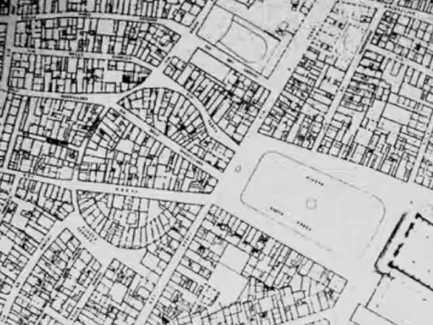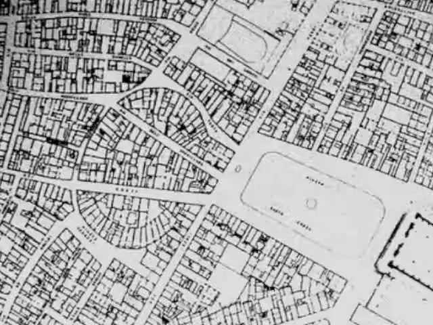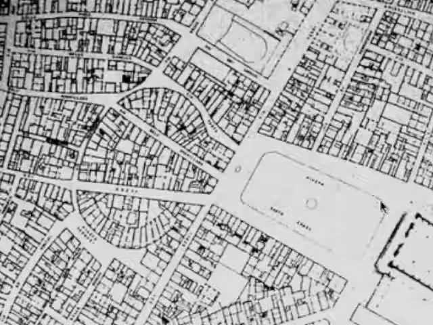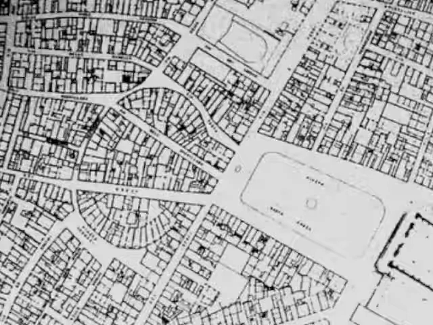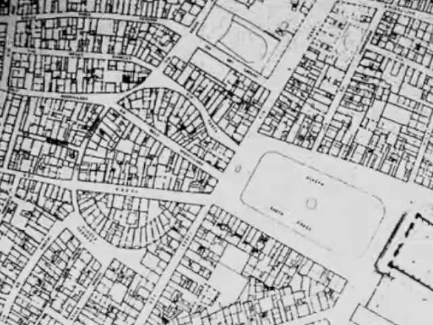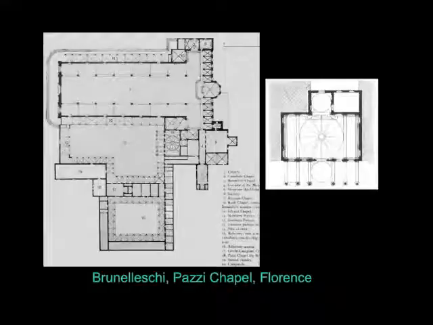Yeah? They did. They just used the walls of a Roman amphitheater and filled it up with medieval housing. And so you can still see, even in the way these apartments are arranged over here, this kind of radial organization, because they didn't put new walls in. They just took the walls that were there and ran with it. And at a certain point, it was inconvenient to have this big lump here, so they drove these roads through to get to Santa Croce more easily. Good. Here you can see a little bit better how the Pazzi Chapel is situated here.